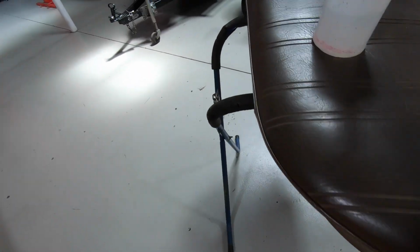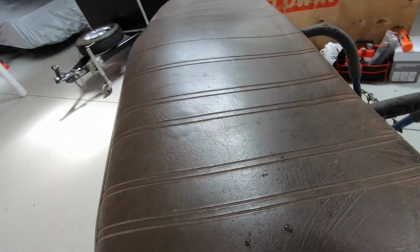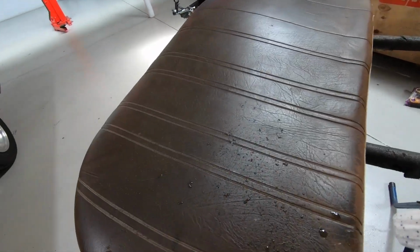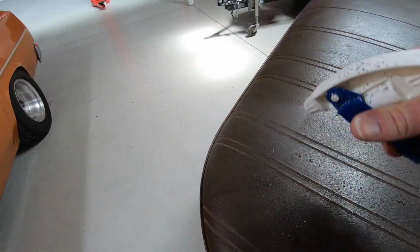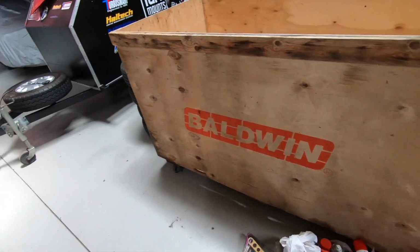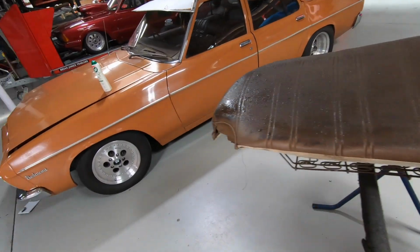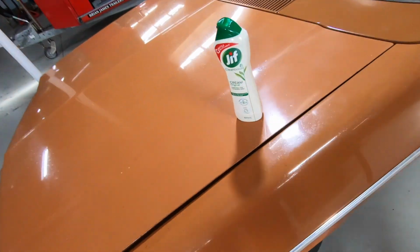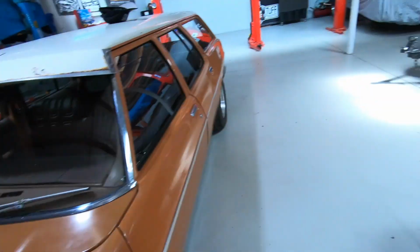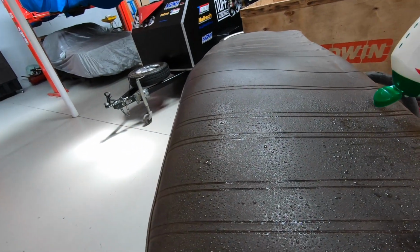Now this is something my mum taught me years ago, and it's literally a bit of water. With a spray bottle that works would be awesome. So water, just put on top of it and let that soak in a little bit. And then we use Jif, good old Jif. And no, this is not an advertisement for Jif, it's just something that